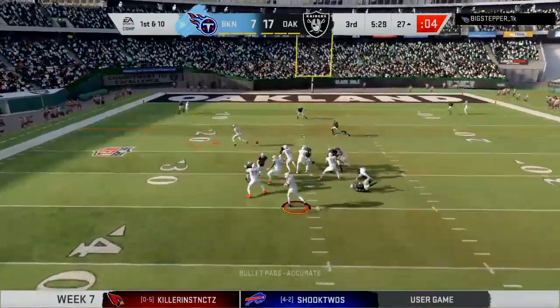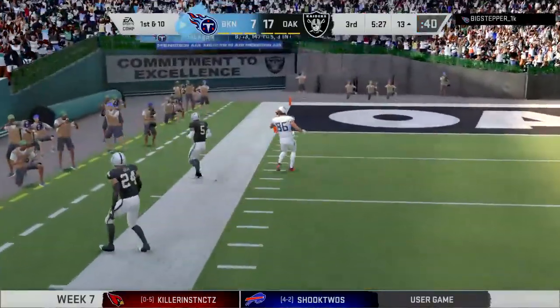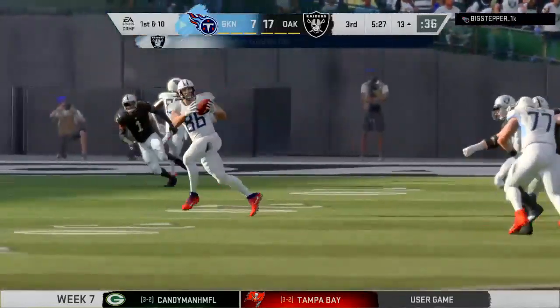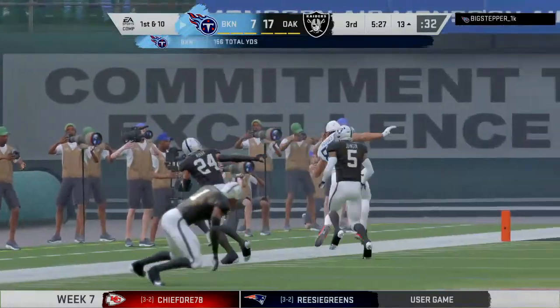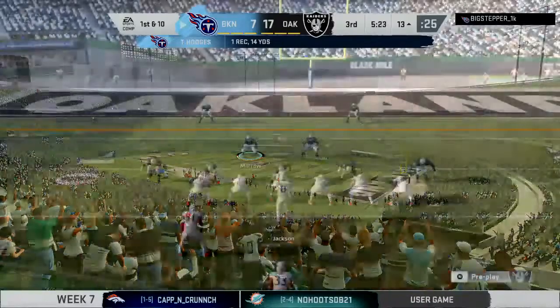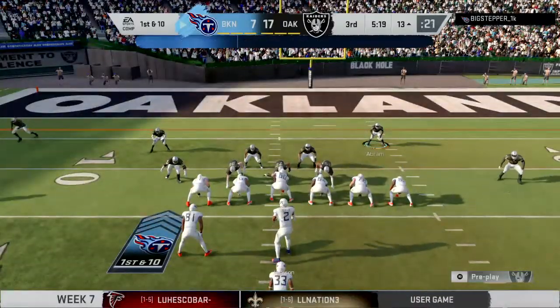After the interception, here's Jackson, throwing the out route, incomplete. It's Hodges, and he'll go out of bounds inside the 15-yard line. The Titans get 14 yards there and move the chains as well. I like how they work the tight end on a nice little under route there. And if you're going to give him that much space, he's not even going to catch the football. He's going to run away from you a little bit, and that's exactly what he just did there, picking up